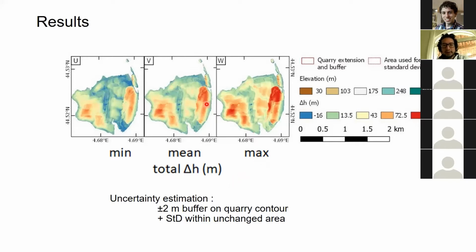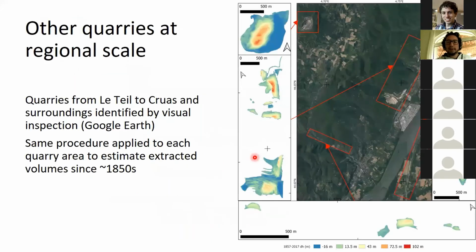All right, so this is what he then provided to Chao to make his stress computations. The same workflow he applied elsewhere in the area, in particular north from Le Teil and up to Cruas, the nuclear plant and its environment. This is the Rhône. The Cruas nuclear plant is here.